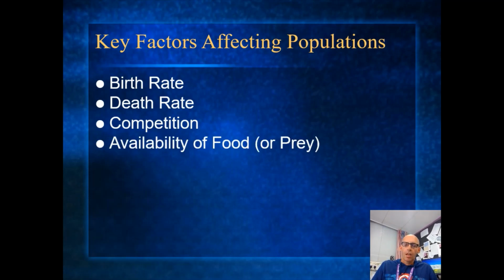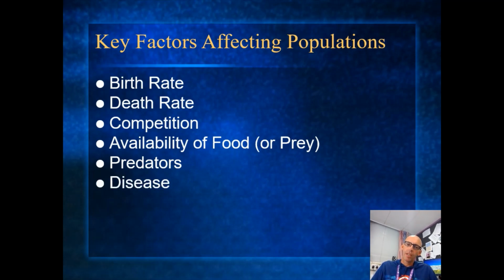The availability of food. Obviously the prey that you're going to eat, the more there's available, like with the Care Bears, etc., the more you'll have. The predators that are around, if there's a disease in the population, obviously that will affect your numbers. Something I haven't mentioned yet, if you have parasites, so parasites living on you, living in your gut, living on an organism, draining some of the food, it means it's not going to live as long necessarily.